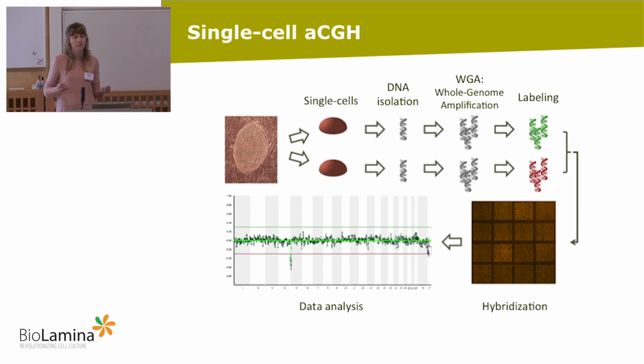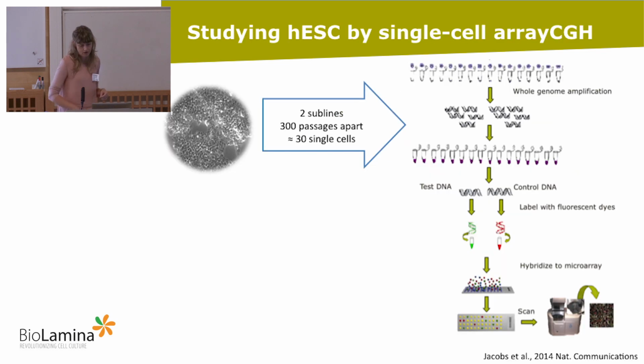And what we saw from the results is here you have pretty much the same overview as you saw before for karyotypes. So here it's all the events that we picked up. We saw that the embryonic stem cells, in fact, we found no losses, so no monosomies going on here. We had one trisomy 20, which is one of those that would take over the culture pretty easily. And then you have quite some small segmental gains and losses in the culture. So this is the overview for the 60 cells together.